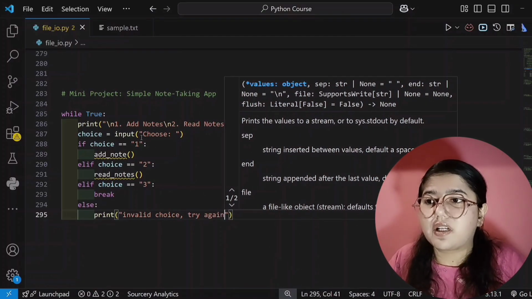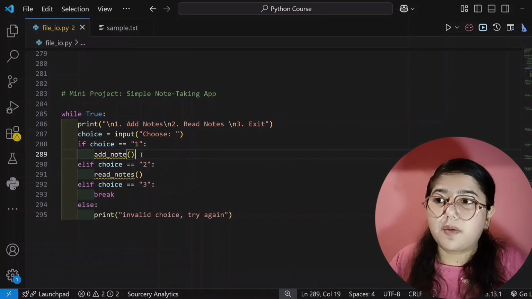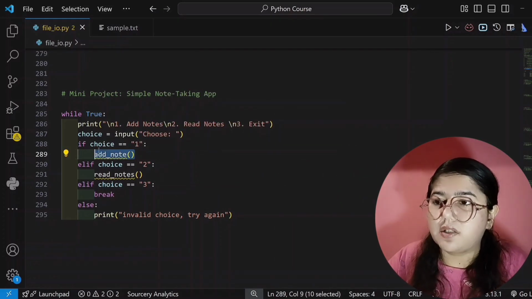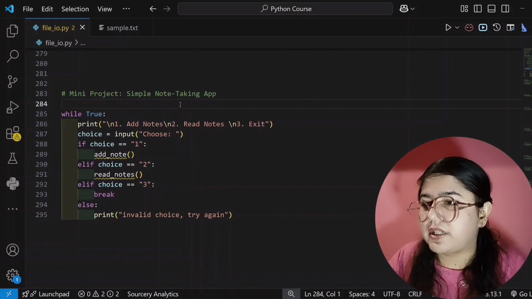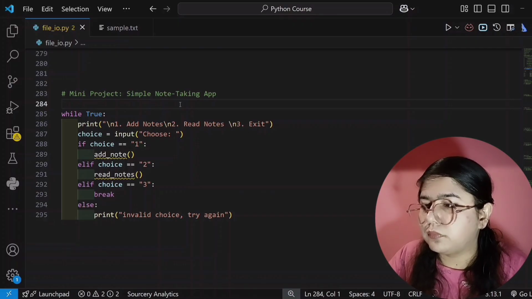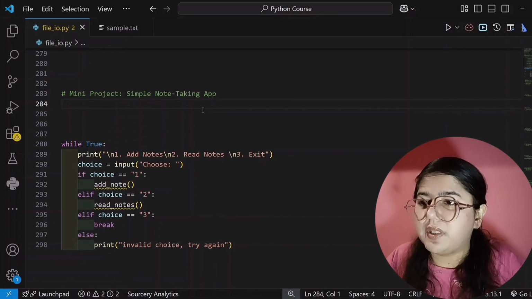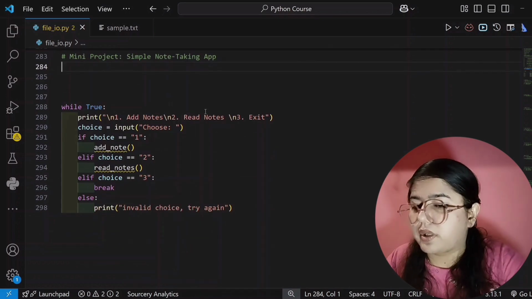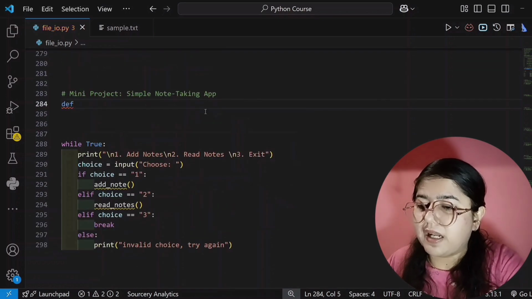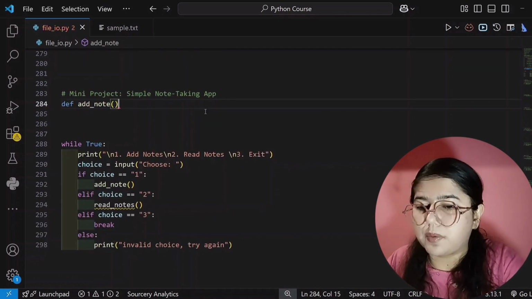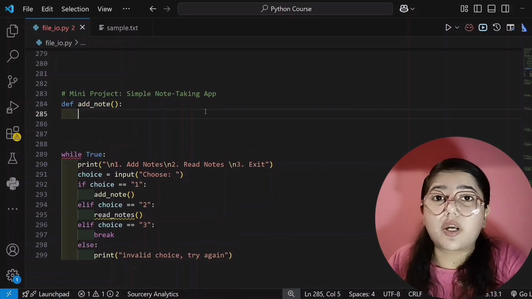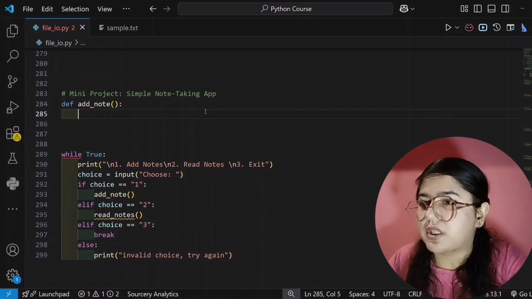Okay, so we have written our code. It's showing an error because now we have to create our functions, and that we will create here. So our first function will be add note. So def, then I am giving its name add note, and then I will write the logic here, and